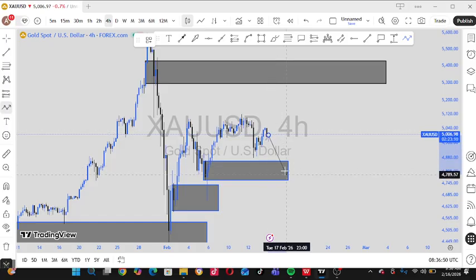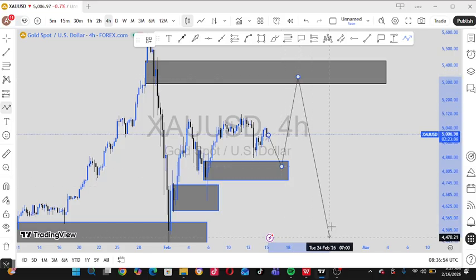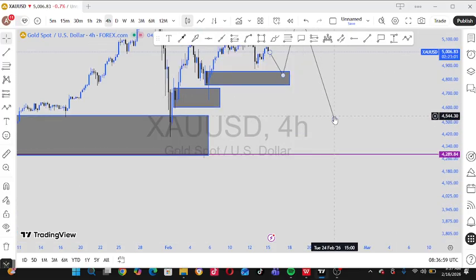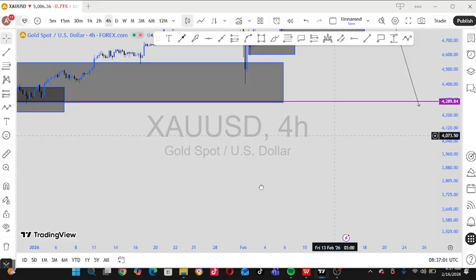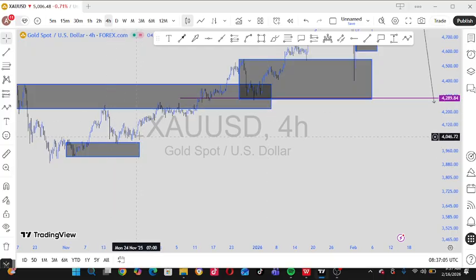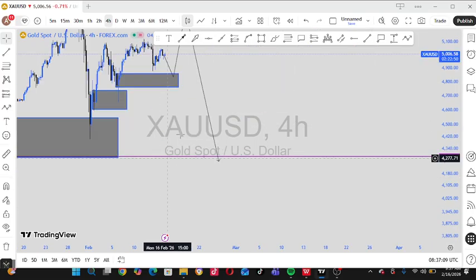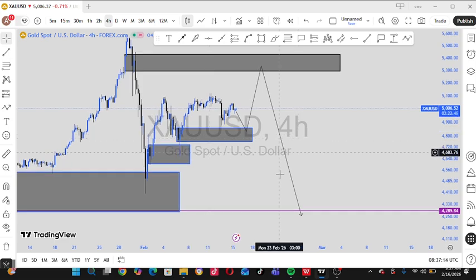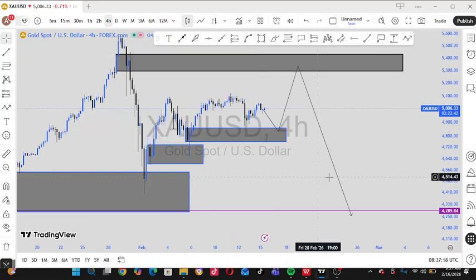For continuation of the trend of this market, this is actually what we want to see. We want to see the market enter this zone, from this zone down to our draw on liquidity, which can be here or it can be below because we have so much liquidity below here, this trend line liquidity. But to be on the safer side, this is good. So we can still target this zone as our draw on liquidity. So that's that about